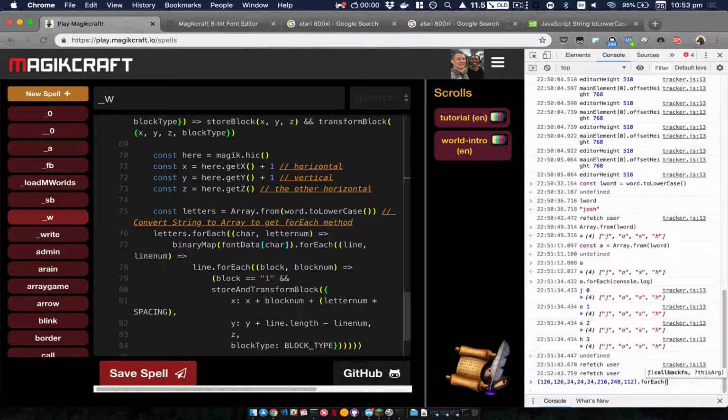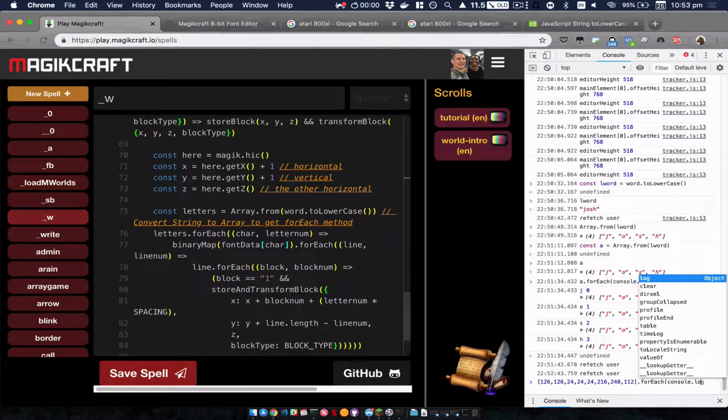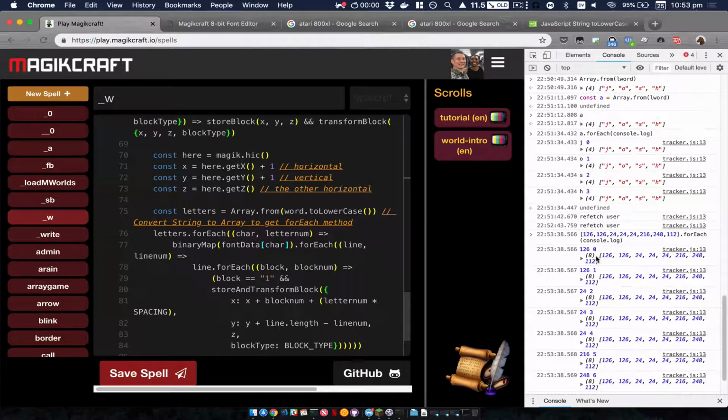So now what I've done is I've gone from a letter to some numbers that represent a drawing of the letter. And I'll do the same thing. I'll just pipe it through console.log so you can see what it's going to operate on. So here again, I'm going to get the line and the line number. So line 0, that's line number, has got 126. Line 1,